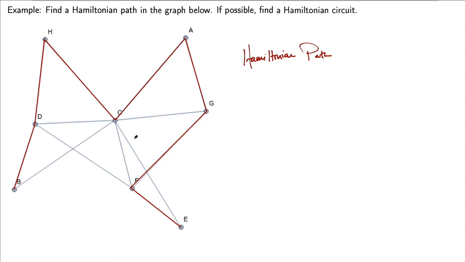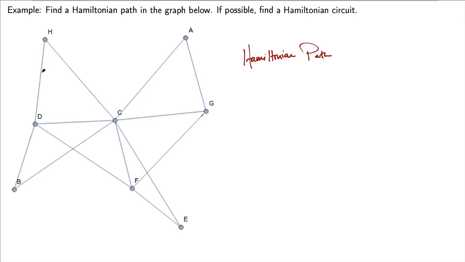Now I'm going to show you a technique to work with when you're trying to find Hamiltonian circuits. And this doesn't work for everything. Well, it's something that works sometimes, just depending on your graph. What we're going to look at is simply any vertex that has a degree of 2. We know that we're going to have to use both the edges in a circuit,